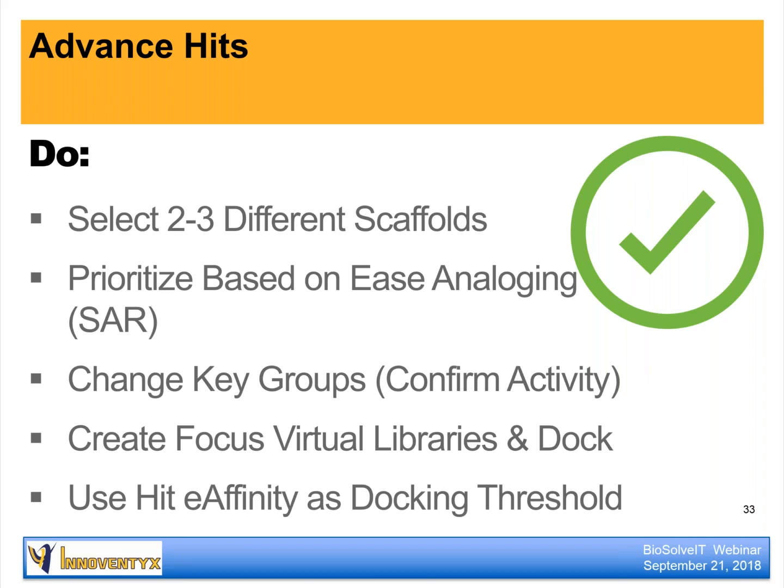You want to also change some key functionalities in the chemicals, because we want to confirm activity, particularly killing activity. Then, oh, this functional group is essential, I'm going to keep it, and it gives you a sense for how to start developing a structure-activity relationship. With this new information, you can create new virtual libraries that are going to be more focused, and you can redock them